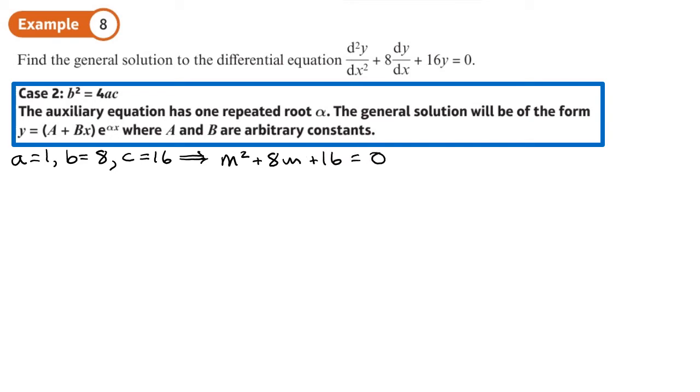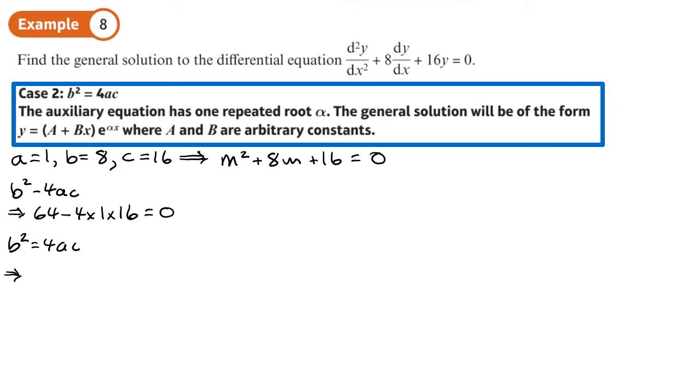At the same time, we'll work out what b squared minus 4ac is, and that will be 64 minus 4 times 1 times 16, which means it equals 0. In other words, b squared equals 4ac, which means that the general solution is going to be of this form: